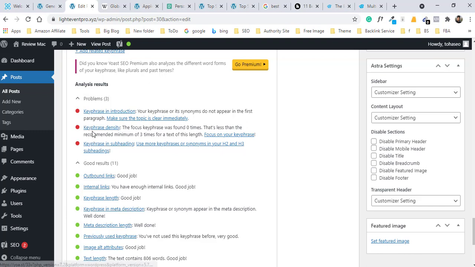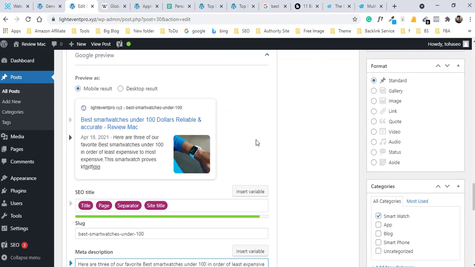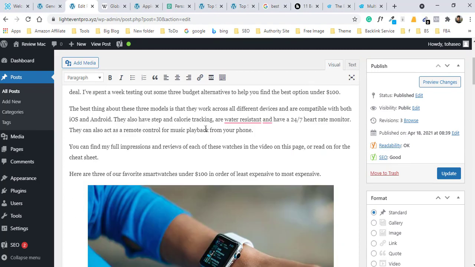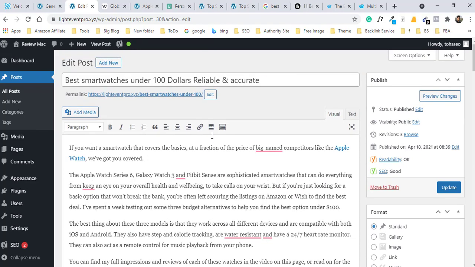And here you see key phrase density and key phrase in introduction. So at first paragraph, putting your keyword is very important, because when Google crawls your website, they read your URL, they read your title, and they must focus on your first few lines.